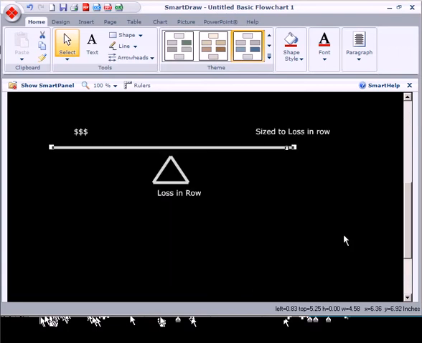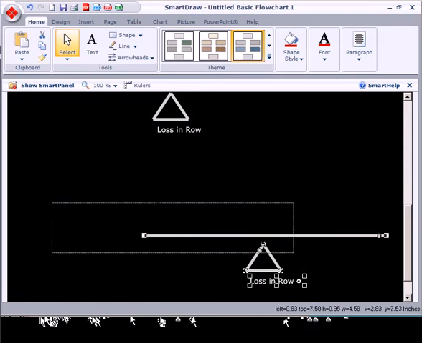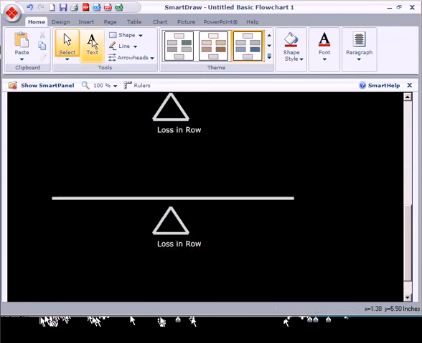We're going to grab this same teeter-totter and we're going to copy it. We have 3 that we have to bring into balance for 4. Okay, we're going to move this one over here. This one's now in balance. This is account size over losses in a row. Sizing to losses in a row.